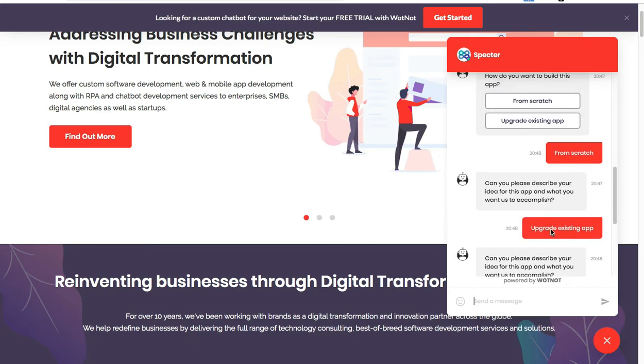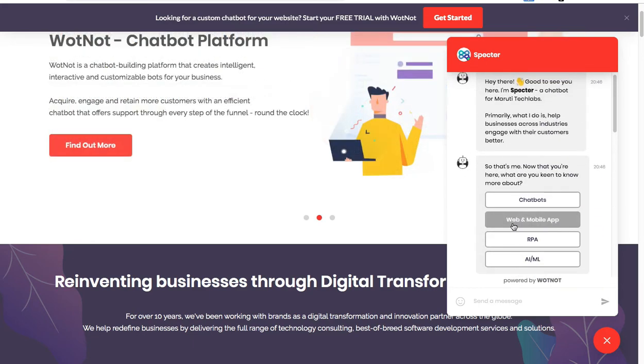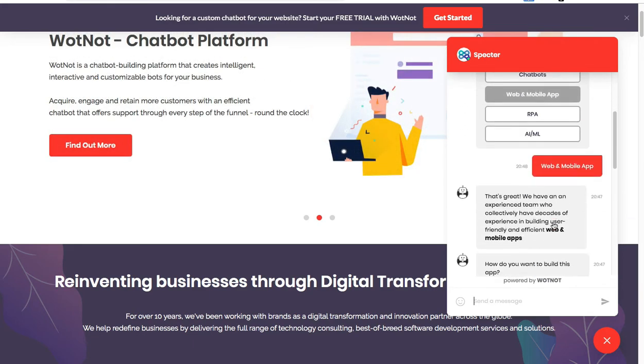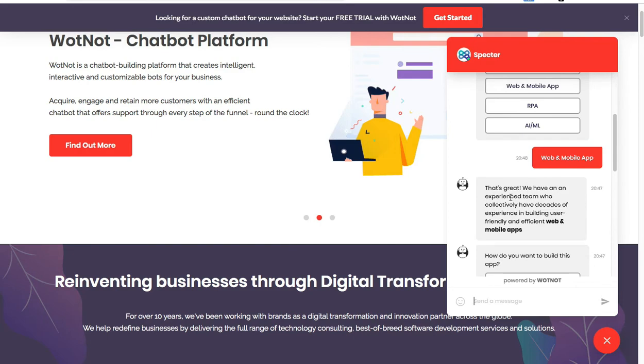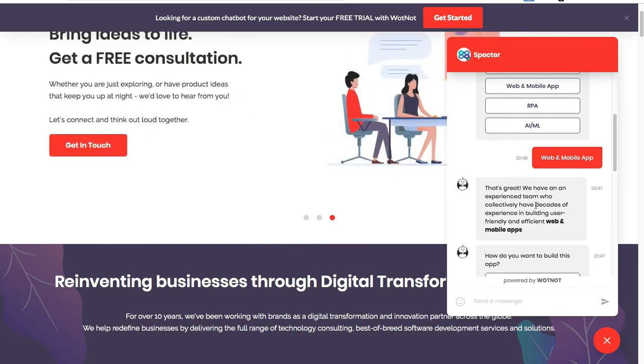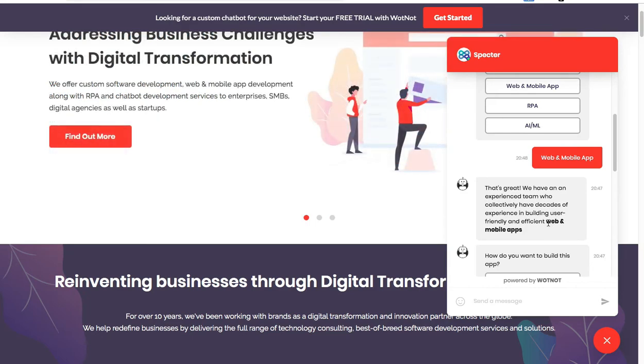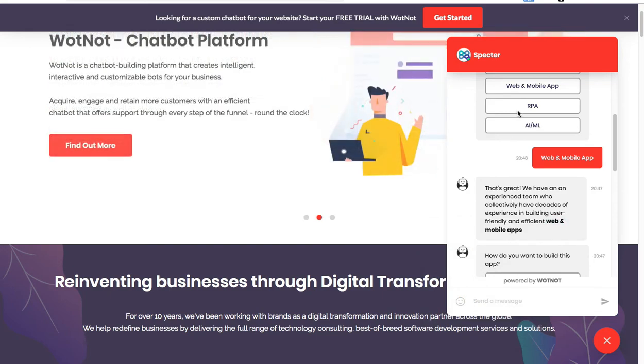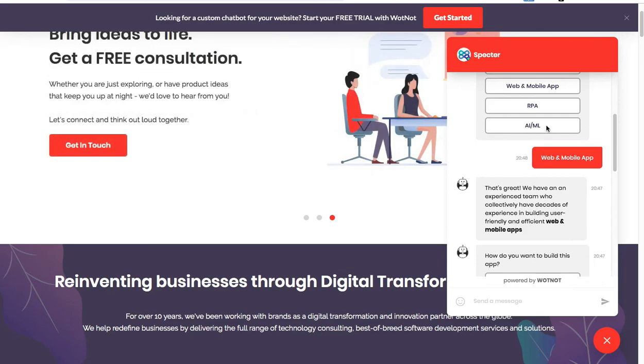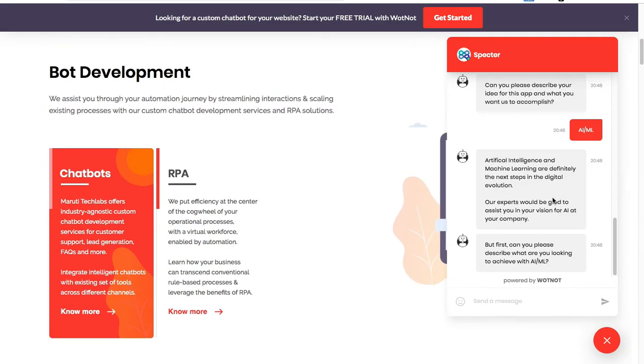So if you notice, when I selected web and mobile app, I got this message: that's great, we have an experienced team who collectively have decades of experience in building user friendly and efficient website and mobile apps. So when I selected web and mobile apps, I got the message pertaining to web and mobile apps. But when I selected AI and ML, I got a message pertaining to AI and ML. Right? So that is the beauty of chatbots.